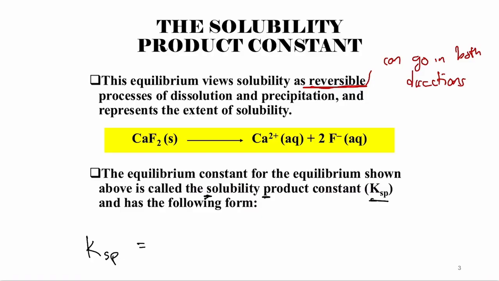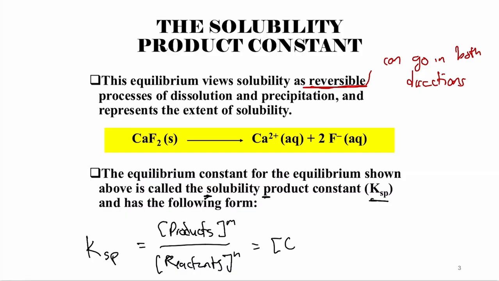So this is exactly the same as any other equilibrium reaction that we're looking at. It's a physical process this time because it's dissolving this ionic solid. But the equilibrium constant is the same, or it's the same idea. What is the equilibrium constant in general? Products over reactants, the concentration of products over the concentration of reactants. And so what would that be for this reaction? Ca times F squared over